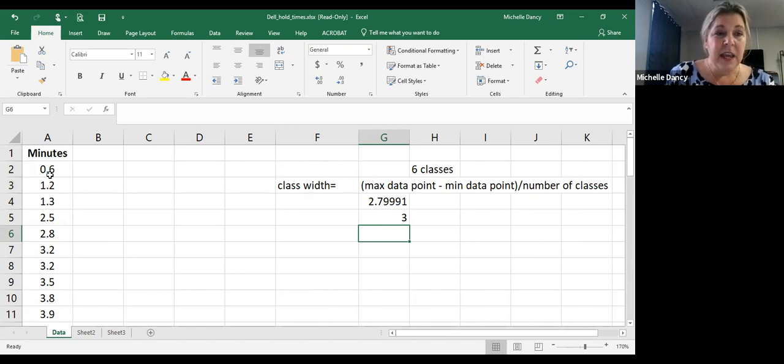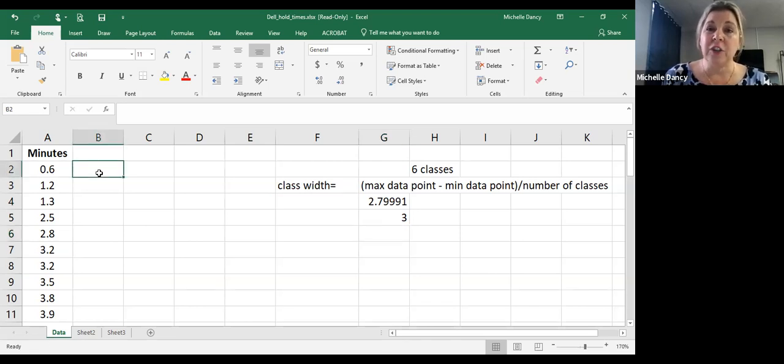Well, let's see. If my lowest value is 0.6, then a logical place to start for my first class would be 0. Now, could you start with 0.6? Yes. But if you start with 0.6 and you want it to be 3 wide, you're going to end up with a decimal point as your upper limit. And those are just harder to read and work with. So we like to keep them simple. Let's use whole numbers for our classes. So let's say 0 through